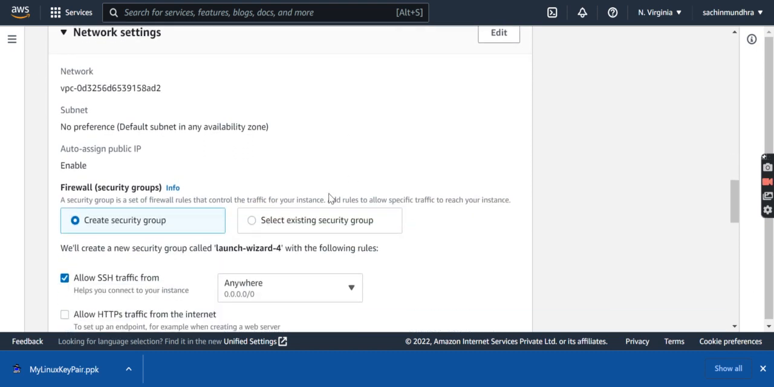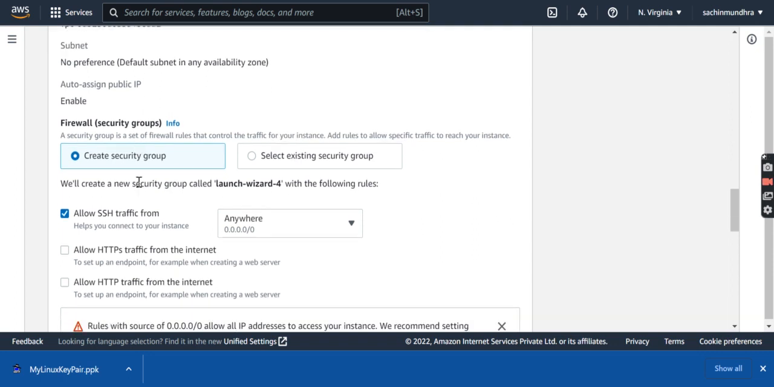We'll just come forward to firewall, security groups. This is basically a network firewall. If you want to allow a certain